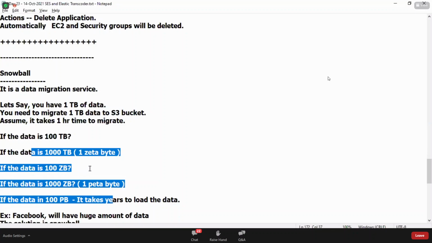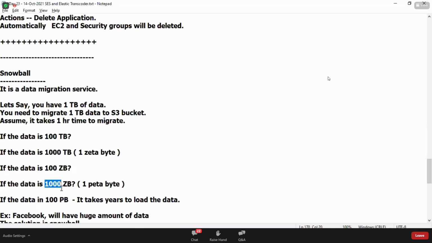Can you guess which clients will have these kinds of petabyte and zettabyte volumes? Very big clients, Rohini. Big clients like Flipkart, Amazon, Facebook. How many users does Facebook have worldwide? Millions of users. In one day, how many users will upload images into Facebook? Millions of images. In one day, how much data will accumulate in the Facebook data center? Zettabytes of data, isn't it? Yes, sir.